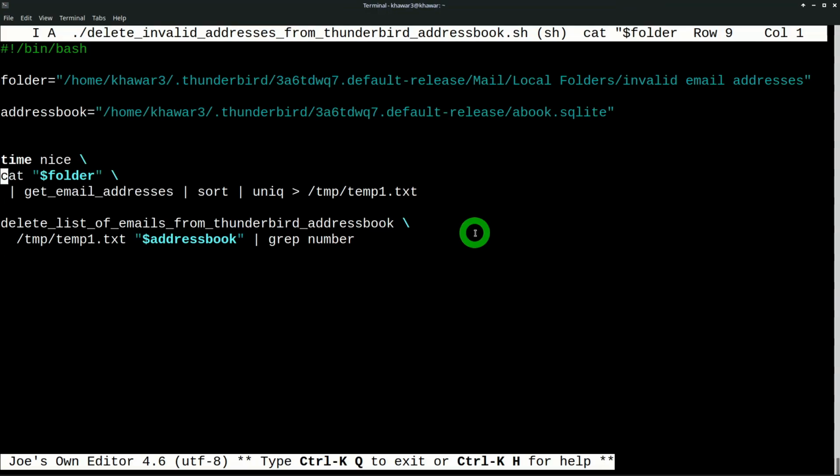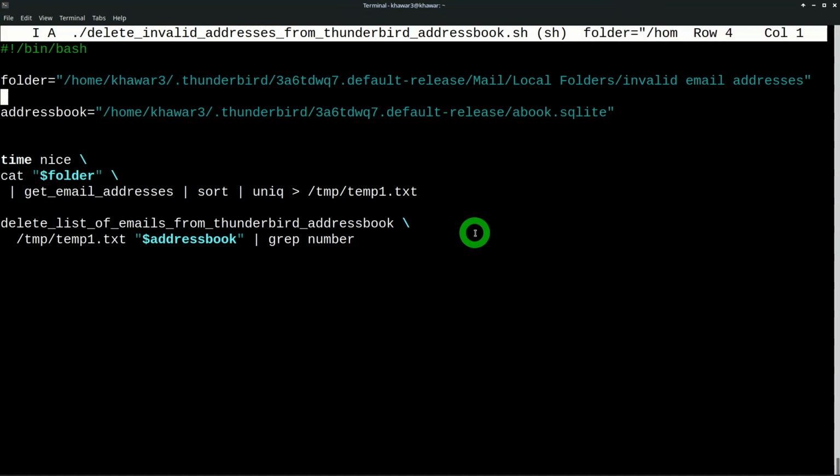So after making the presentation, I made some changes in the script to make it simpler. What I've done is I've put the folder inside a variable and the address book also inside a variable. So now you will see folder in the top and address book, these 2 lines in the beginning of the script. You can just put the folder name here inside double quotes and the address book. The way to get this is you can